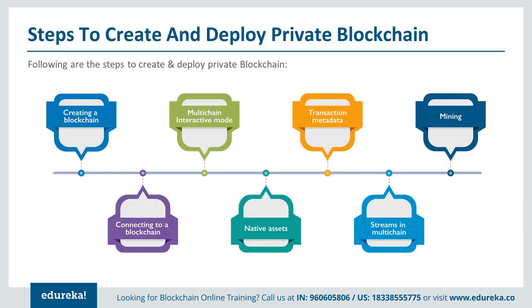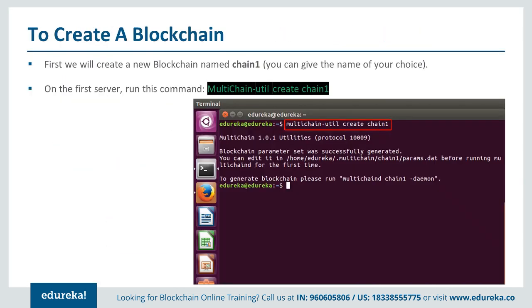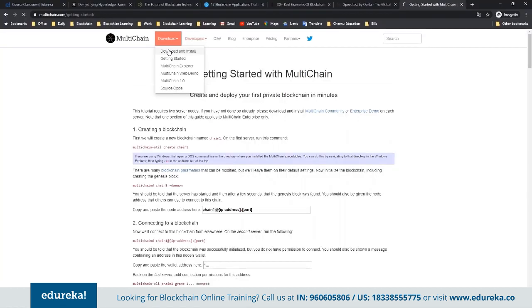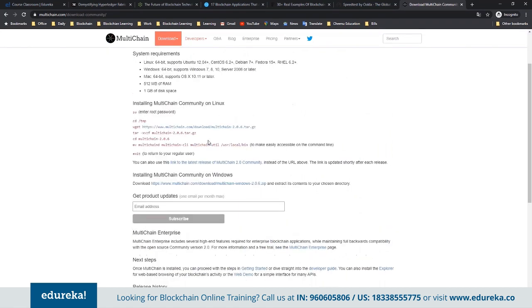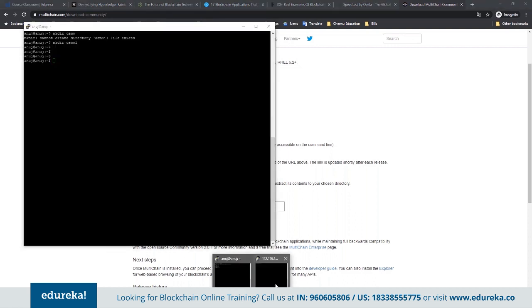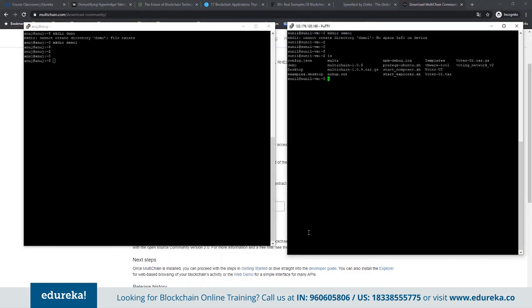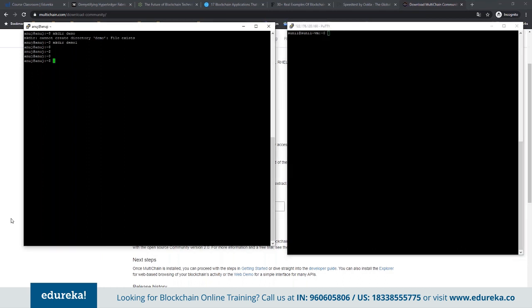Now let's see how do we create the MultiChain. So before even you can create the chain, you need to basically download and install the MultiChain network. So download and install. So these are the steps that you need to follow. Basically, to download the MultiChain instance, you first need to basically get this. So let me create a directory. Here also I will create demo1, space left on device. Let's try to run it.